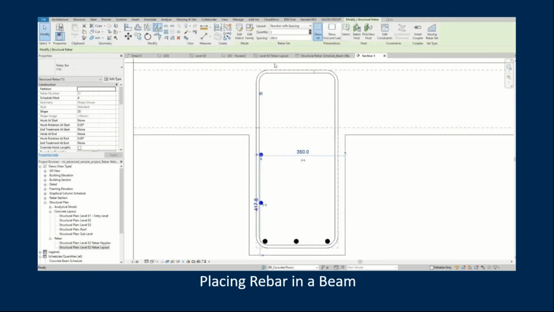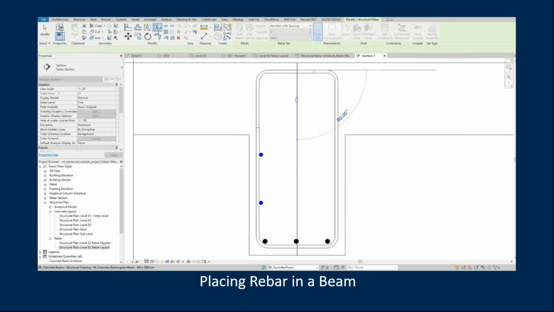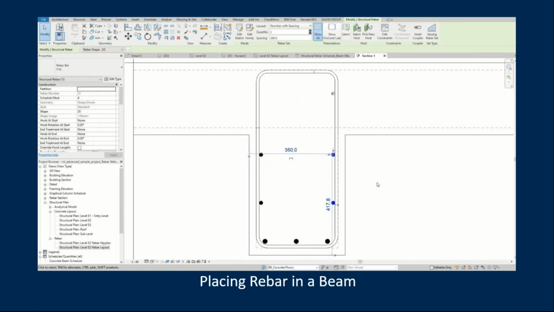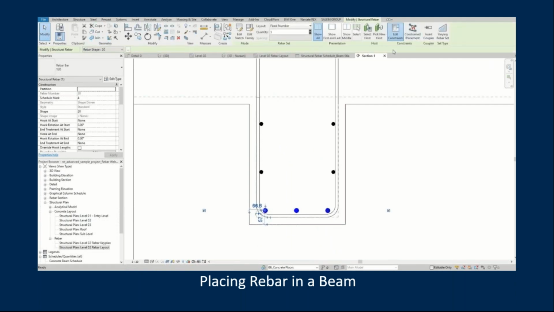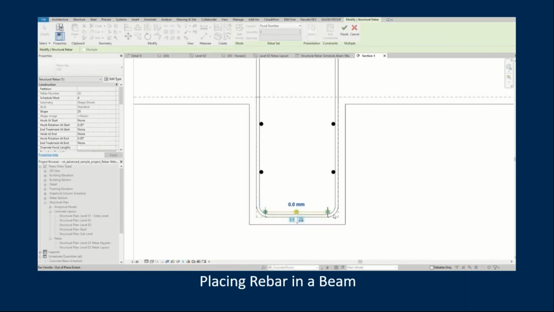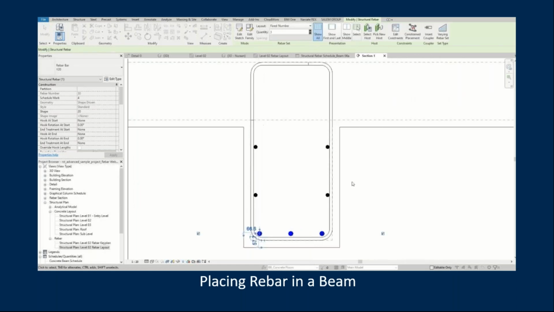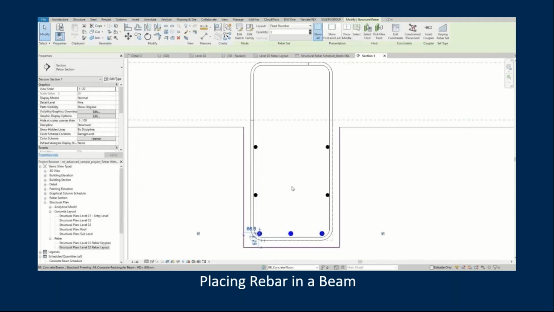Okay. And now I want it on the other side as well. So I'll just use the mirror tool to put it on the other side of the beam. And then before I mirror this, I just want to check the constraints here. I want to constrain the lower bar to the link so that if the link moves, the lower bar moves